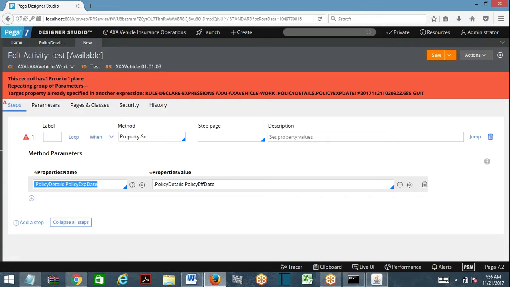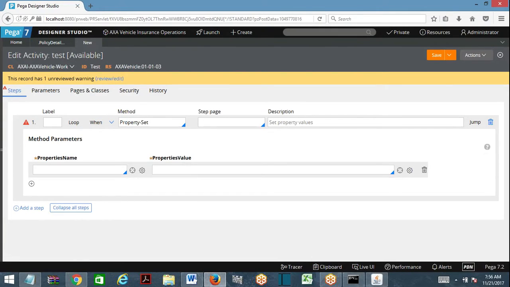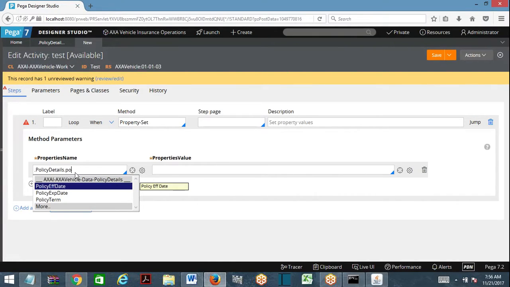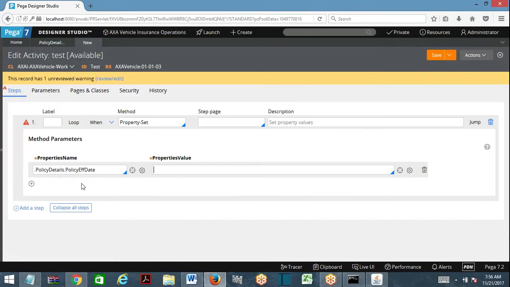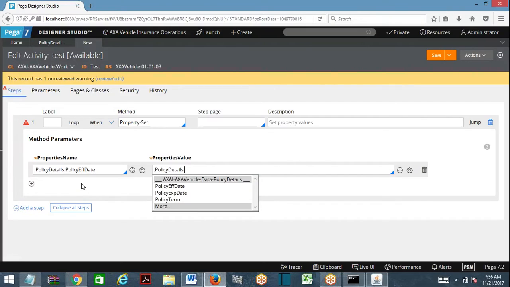That is the restriction. So if you have a target property in declare expression, that property can never be used anywhere else in your programming to perform assignment operation as a target property. But this can be made available as source. Suppose this is on right side now, policy details dot policy expiry date from policy.